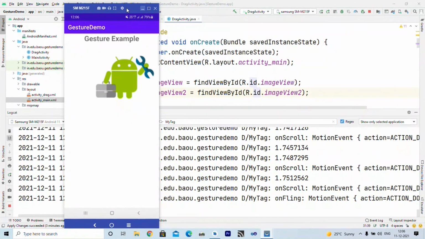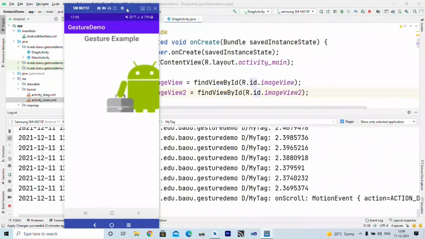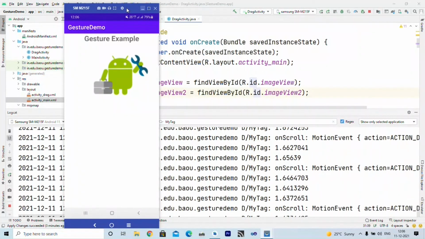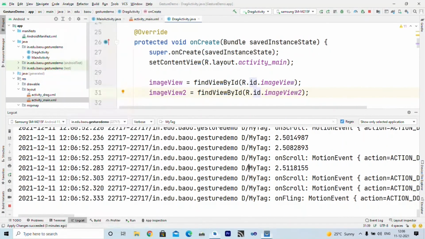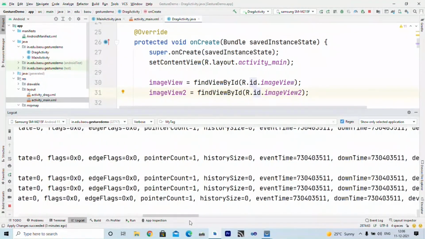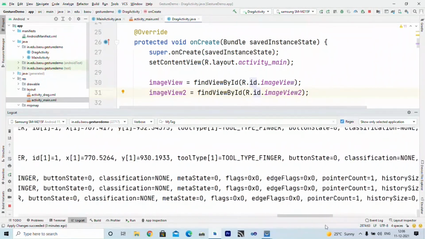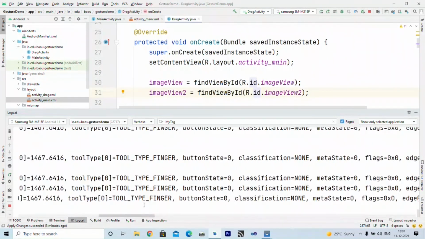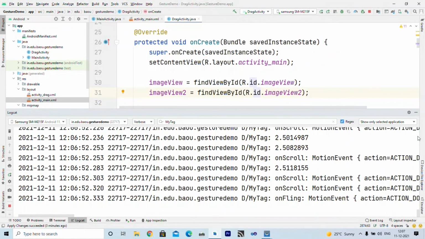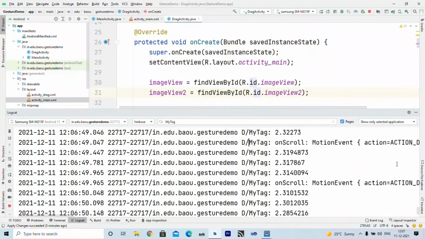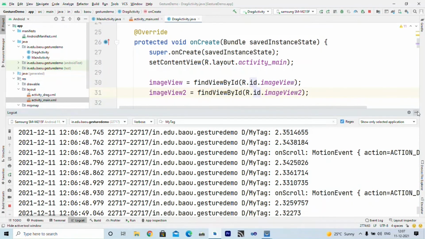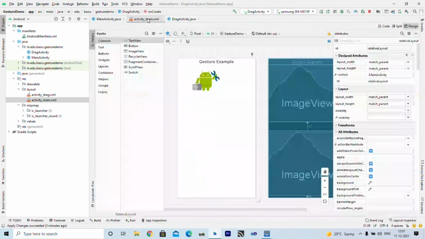This is almost twice, right? So you will also get what kind of event occurs with all the details inside the Logcat window.